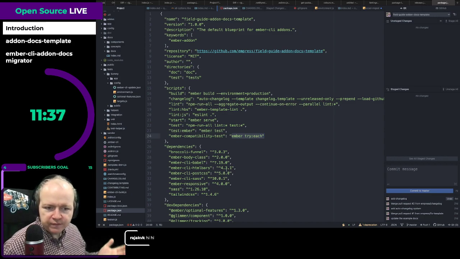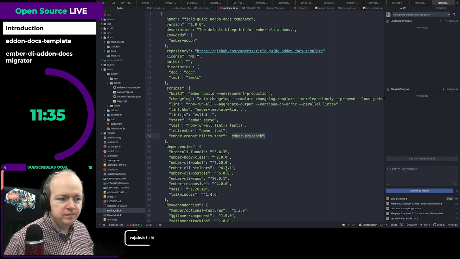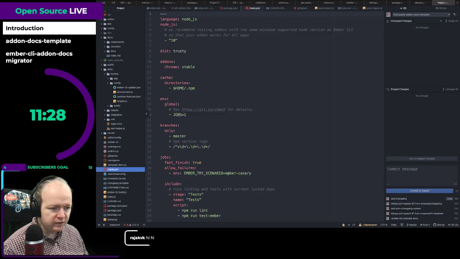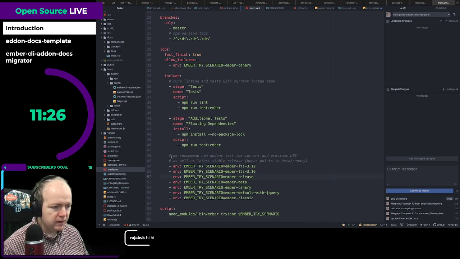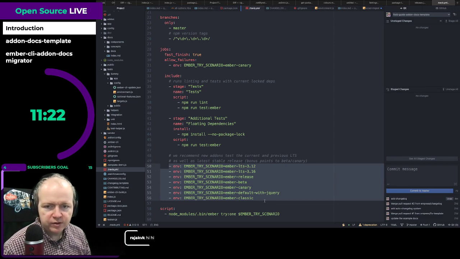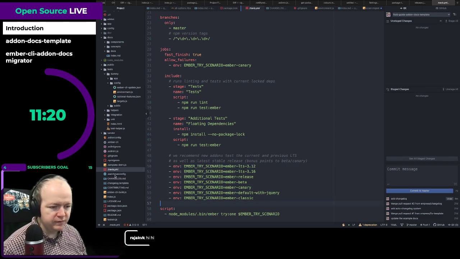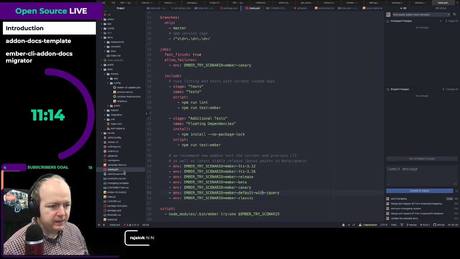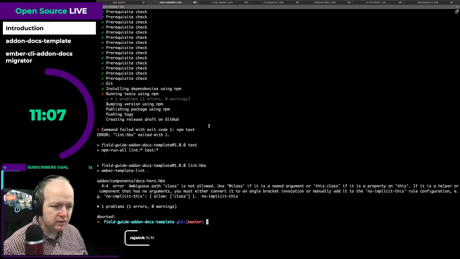And if anybody's not familiar with Ember, we have this idea where you can do ember try. Let's have a look at the Travis YAML down here. You can test your add-on against multiple different versions of Ember all at once. Obviously Travis is a bit of a bad example here, but it's the easiest way to see the list of all of the scenarios that you can do. And it's pretty handy. Means that your add-on can be